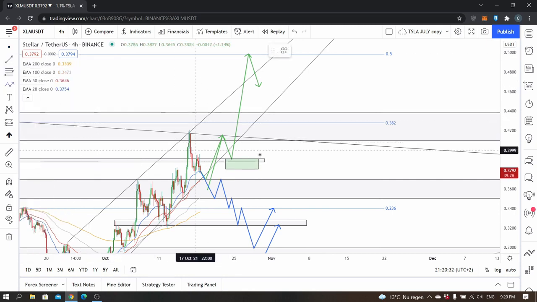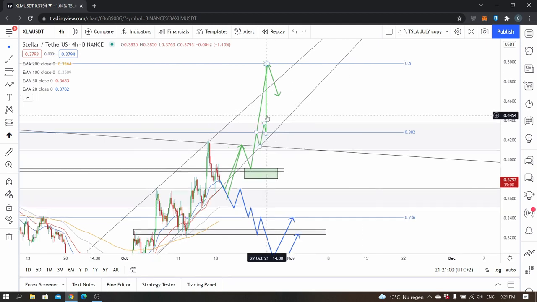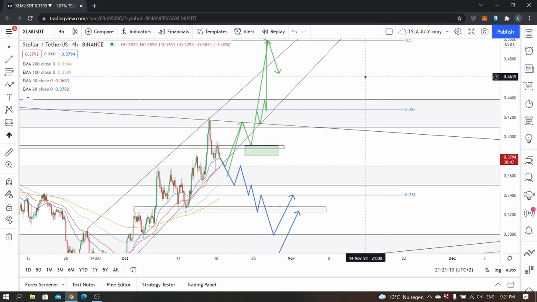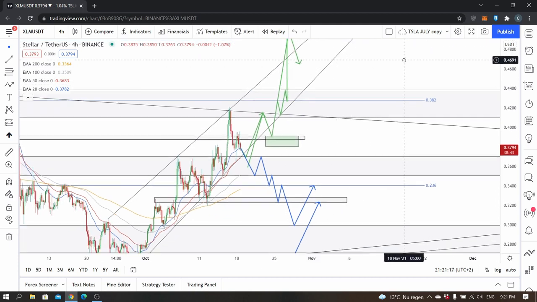So yeah, might do something like this and then go there, but ultimately when it breaks through the 43.75, I just think that's a huge breakout, and that would mean that a lot of bull moves can happen for this pair. And I think the next real resistance would then be 0.50, but to be honest, that would be for the later future. So from 1 month up until 3 months in the future.